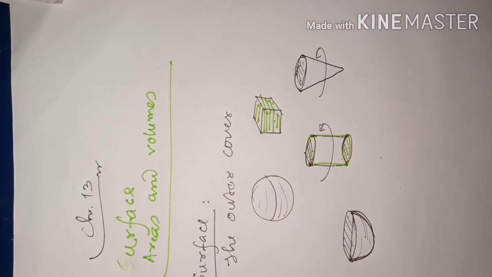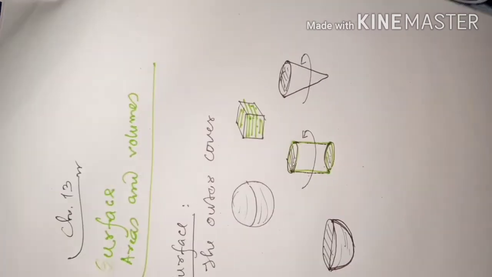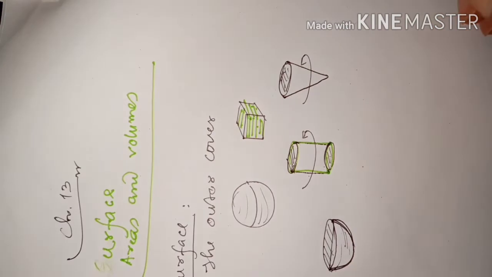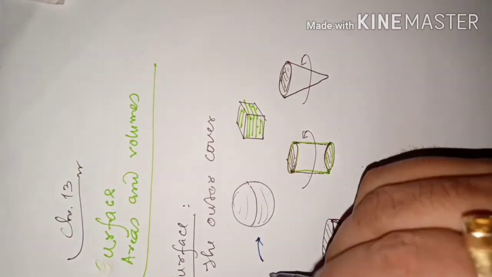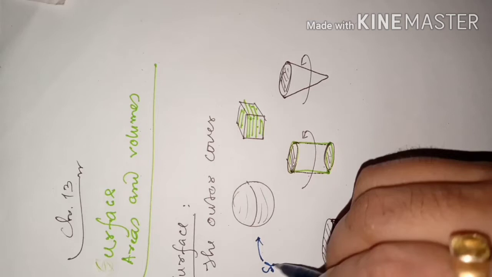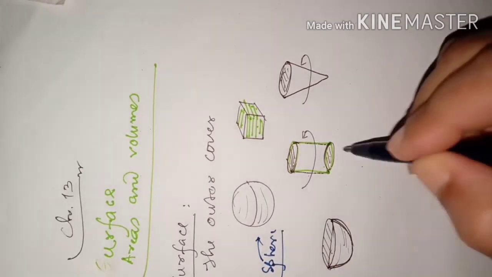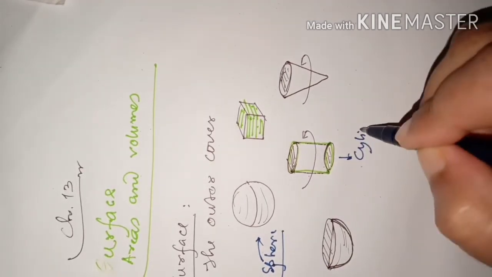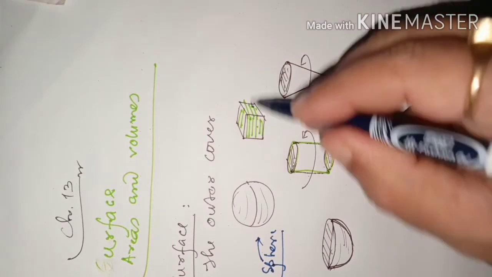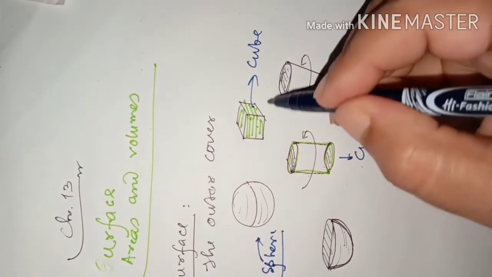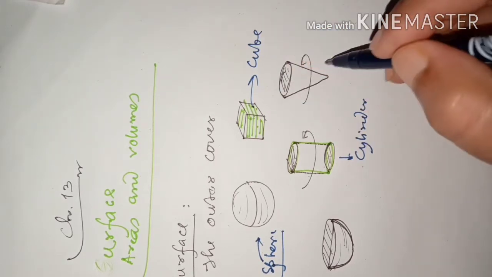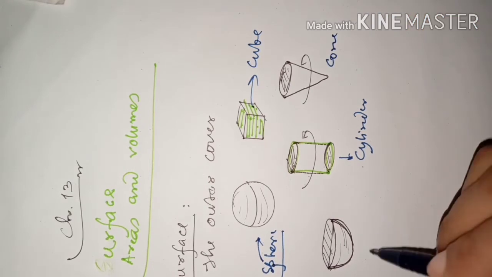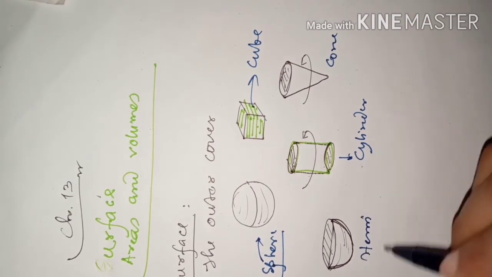So again, these names of these geometrical shapes, these are actually regular shapes. Names of these shapes are, this football can be said as what? Sphere. S-P-H-E-R-E, sphere. This is called cylinder. This is a cube if all sides are equal. If all sides are not equal, only opposite sides are equal, then it is a cuboid. This is called a cone. This is a hemisphere because half of a sphere.